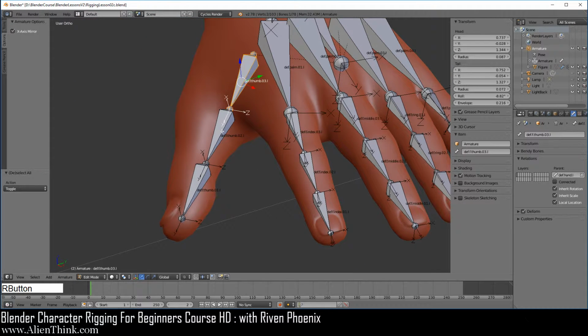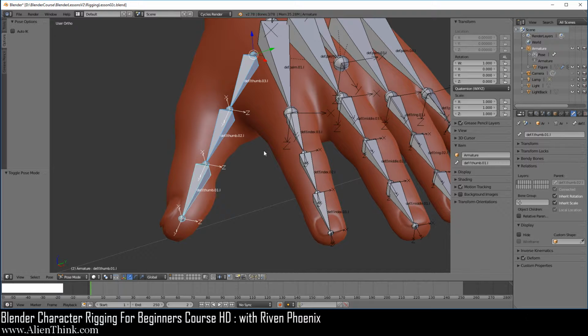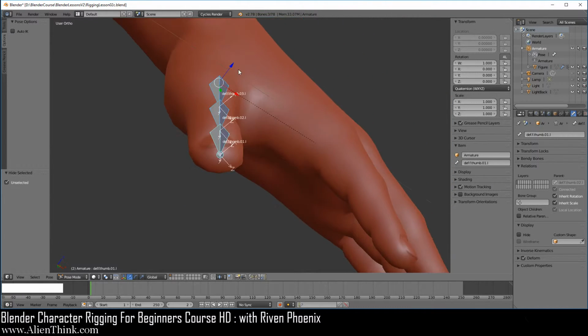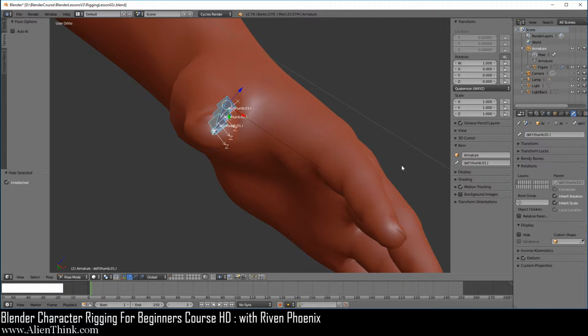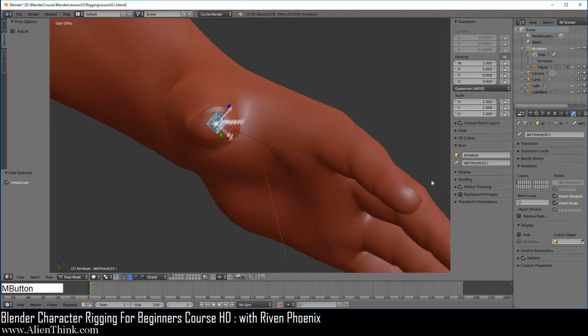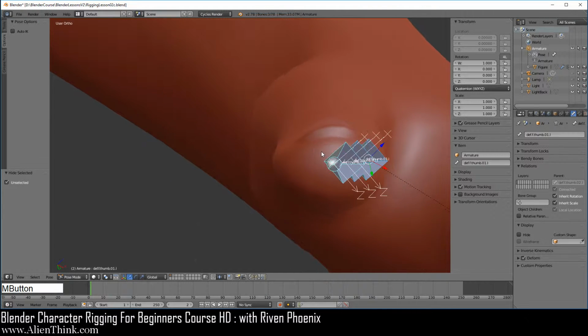Now we need to take a look at these bones over here for the thumb, select them, do Shift H. Notice because it doesn't have the connected, it'll just have this bone selected. Go ahead and do pose, do Shift H to hide them. Now, the thing about the thumb here is that because we want this figure to be compatible with Unity, we're going to first look at this thumb in this way so we can look at it head on.